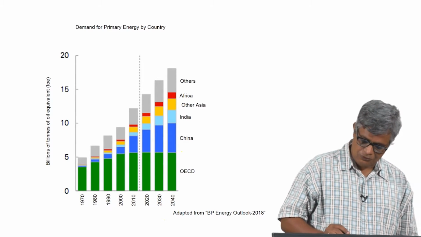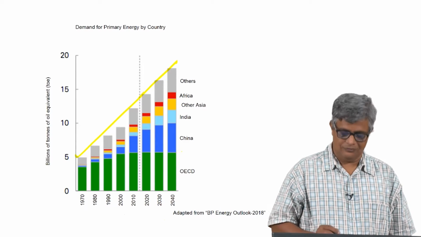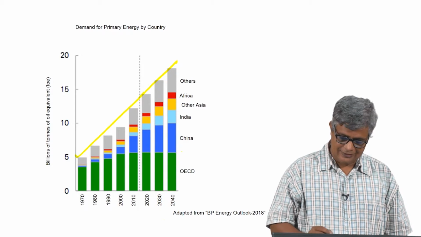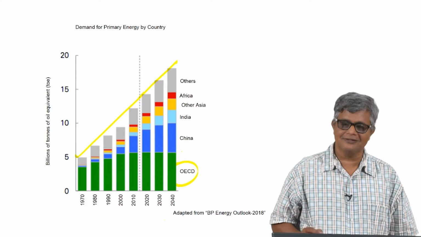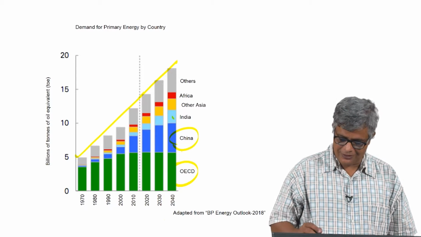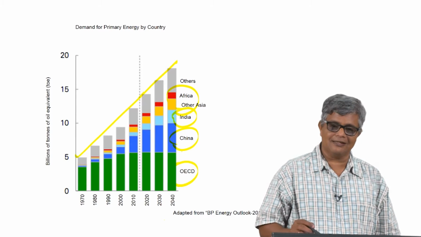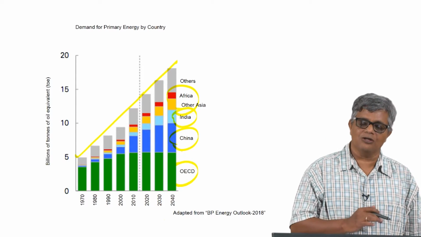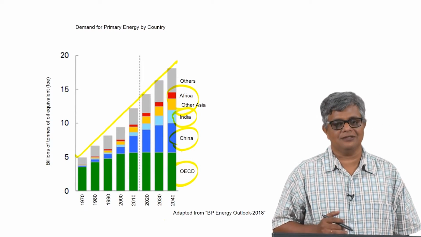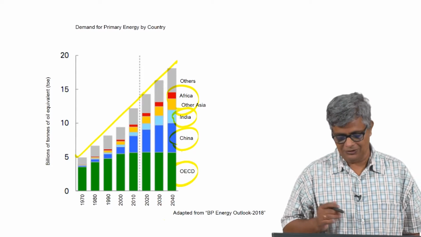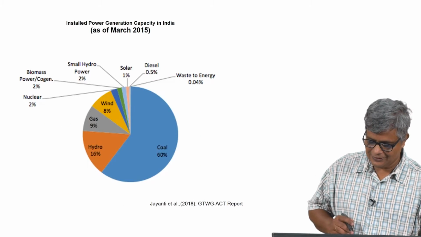But what we see is that world energy demand is going to increase, and it has been increasing like this, and the increasing tendency, demand is not coming from OECD countries, developed countries, it is going to come from India, China and other developing countries. Okay. So, these countries have been consuming small amount of energy per capita, and they are going to demand more and more, and this is driving the hunger for energy, and this is going to be a continuing trend. Okay. So, we will come back to these things later on.